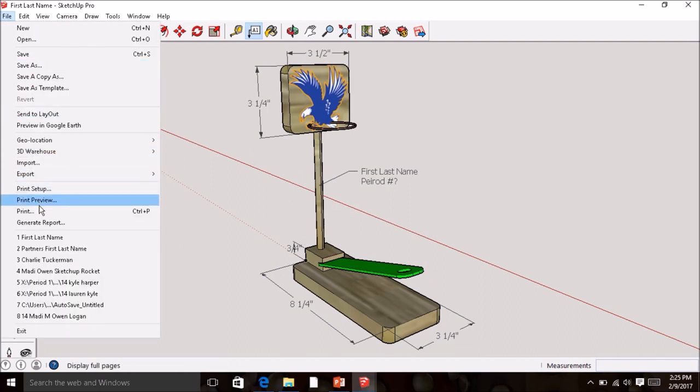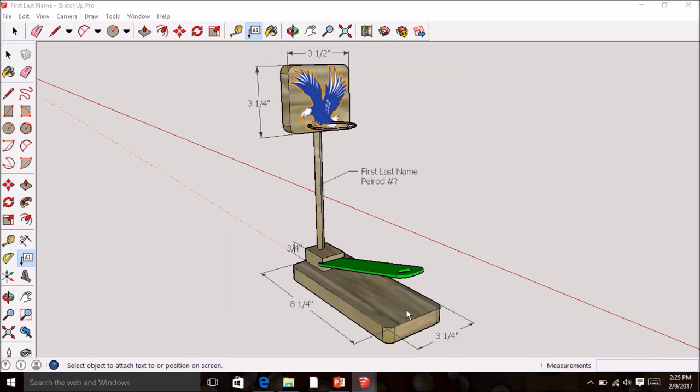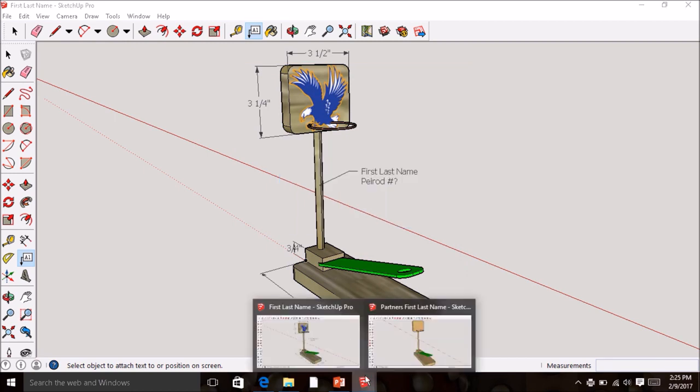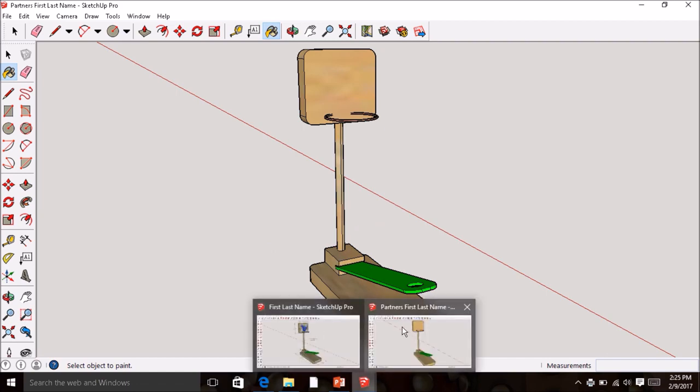I then go File, Print. And I'm going to make sure it says LMS Tech Lab right here. And if it does, I'm going to hit OK. And I'm going to print my basketball game and turn it in to my instructor. And then my partner would do the same. So you would help your partner with getting their picture on and getting theirs dimensioned. Then you're going to turn them in to your instructor. When both you and your partner have yours done,